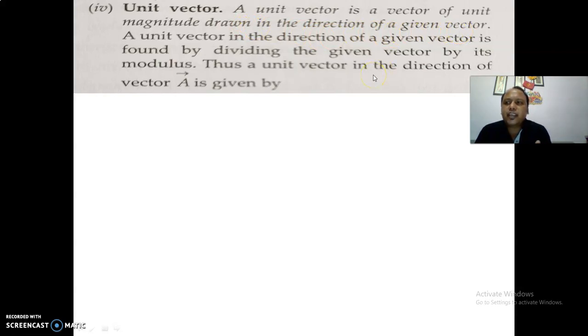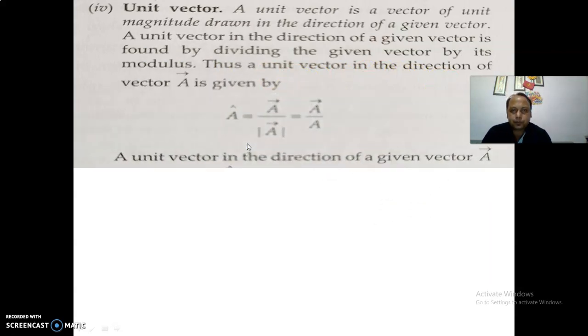Suppose you are given a vector A and you have to find the unit vector of A. Now the unit vector of A will have a magnitude 1, that is for sure, and the direction will be the same as the direction of vector A. Okay? A unit vector in the direction of a given vector is found by dividing the given vector by its modulus. Thus a unit vector in the direction of vector A is given by,